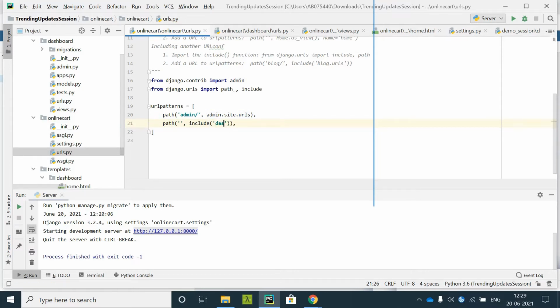So use the app name dashboard.urls. That means we have included it now.